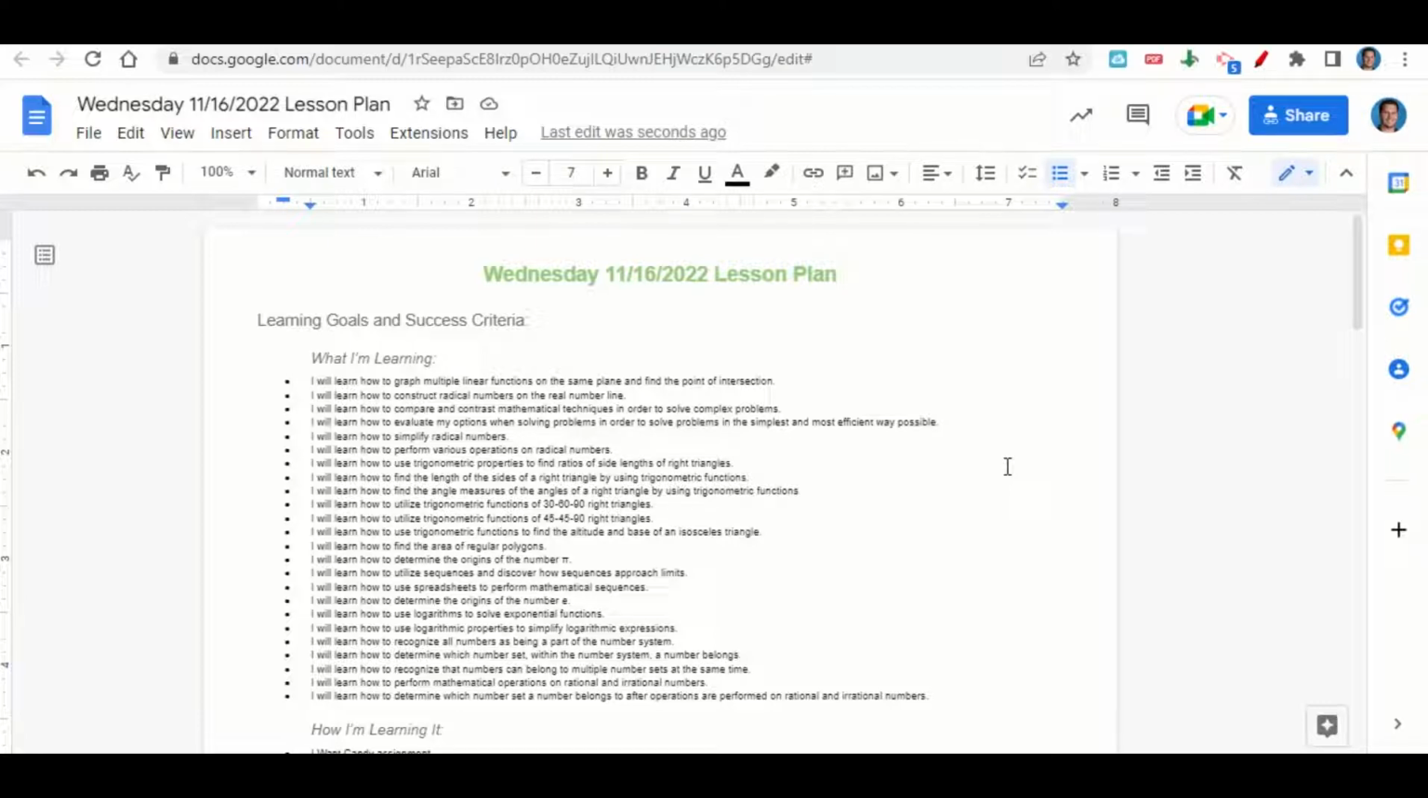90 right triangles, how to use trigonometric functions to find the altitude and base of an isosceles triangle, how to find the area of regular polygons, to determine the origins of the number pi, to utilize sequences and discover how sequences approach limits, to use spreadsheets to perform mathematical sequences, to determine the origins of the number e, to use